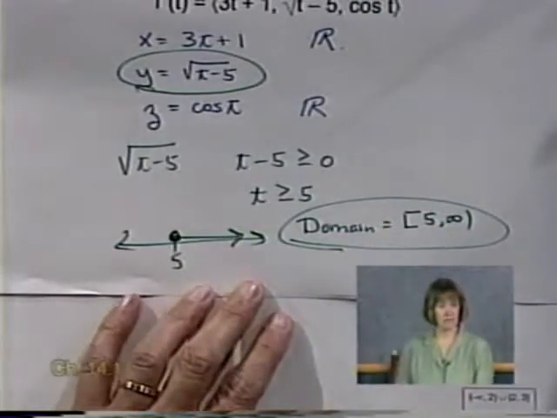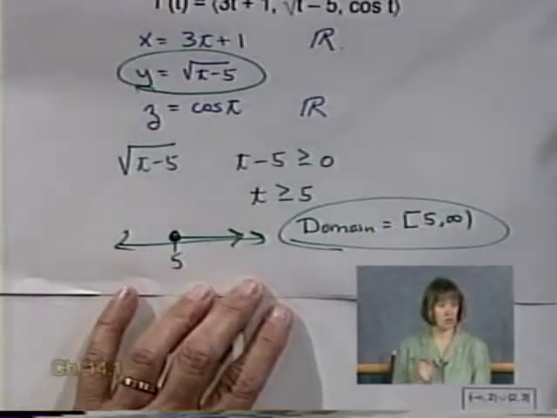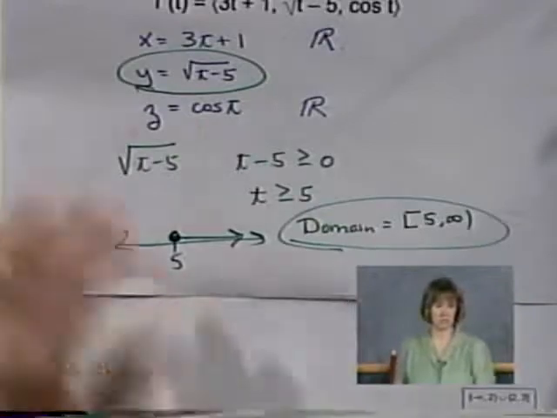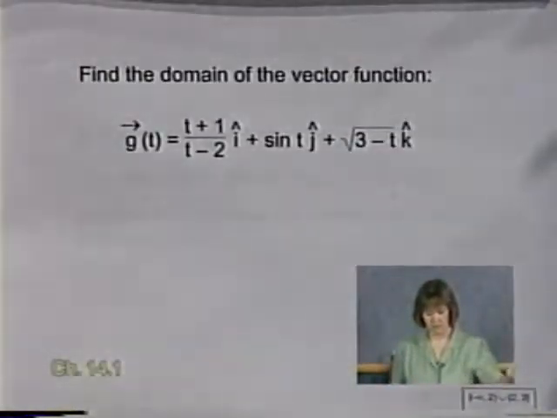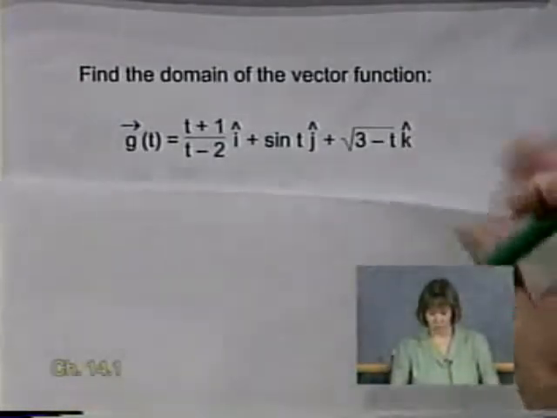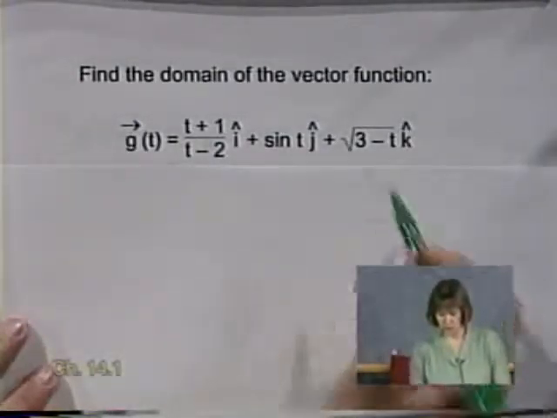So again, you have to have the x, the y, and the z components all make sense. So you look at those three functions and you're actually taking the intersection of those three. Let's do another one. Suppose I have the function g of t equals (t plus 1)/(t minus 2)